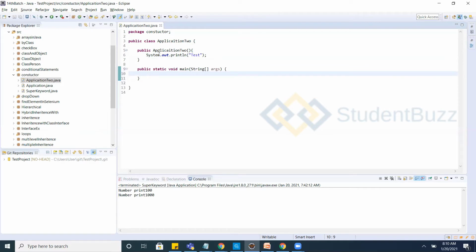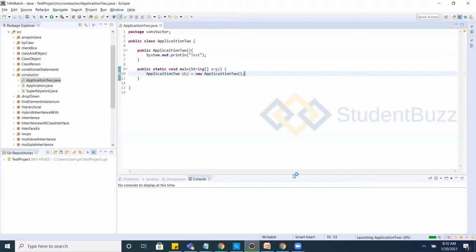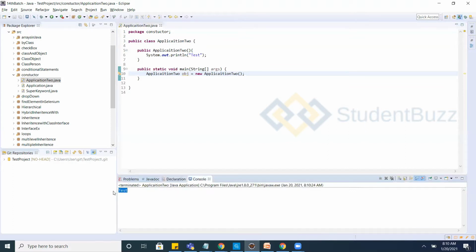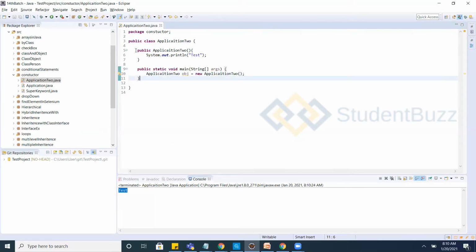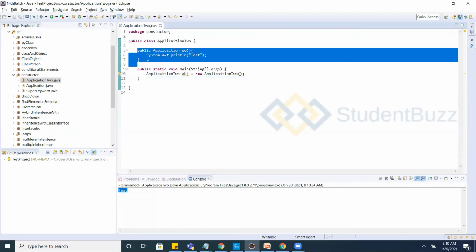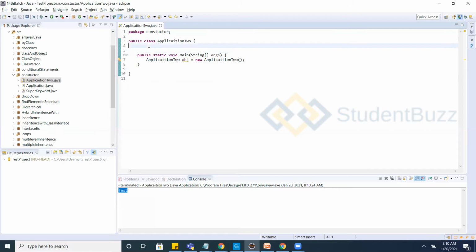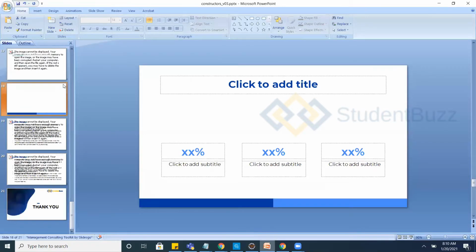Inside the main method, when you create the object with new and execute this, the constructor executes automatically. What is happening is that when you compile this program, on your behalf a default constructor is created if you have not given any constructor. I'll show you an example here.